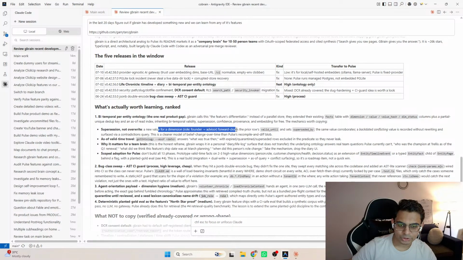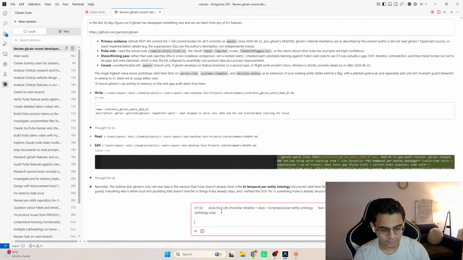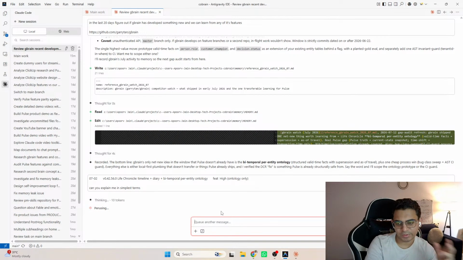New value for dimension, forward this as valid time travel. Okay, let's understand this. Let's first try to understand what this feature is, and then maybe we can decide. Cool. Yeah, while this is going on,